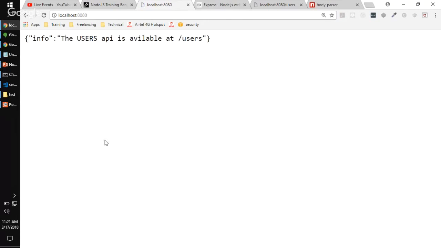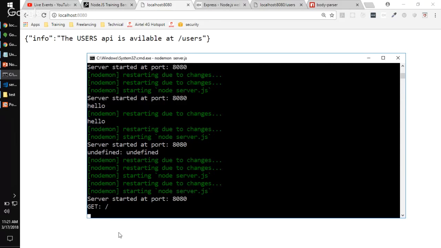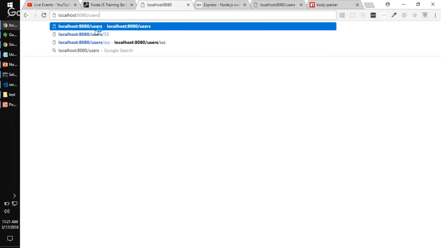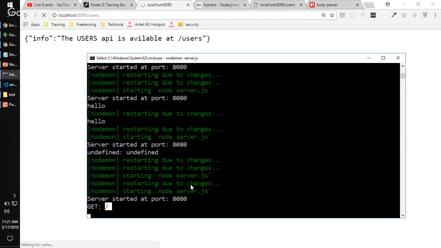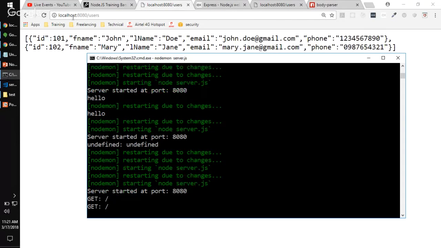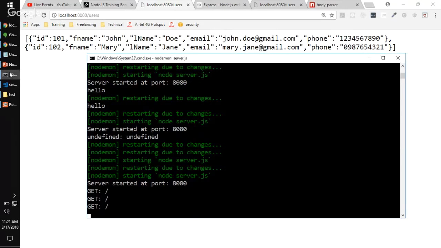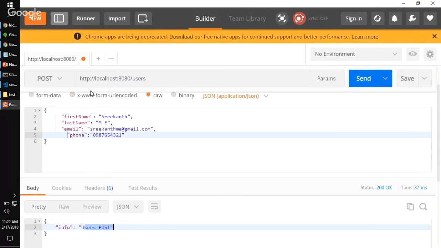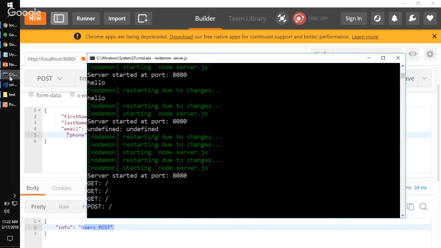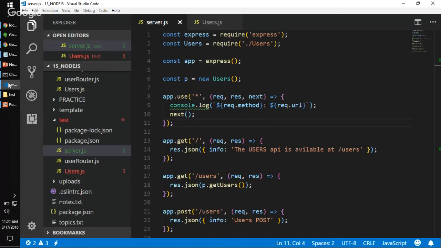So if I refresh this page now, I should get, so I used the get method and I accessed the root, right? If I say users, then I did the users route. Okay, so this one is the post. All right, so next,